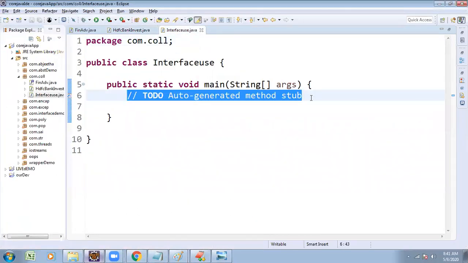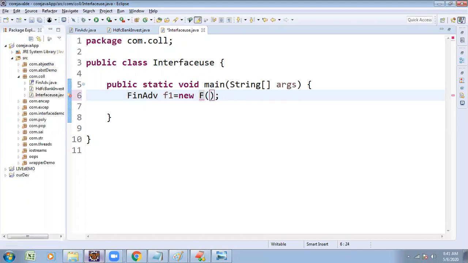Try creating an object. We cannot create the object for an interface directly. We cannot write FinancialAdvisor f1 = new FinancialAdvisor. Not possible. What do we have to write?